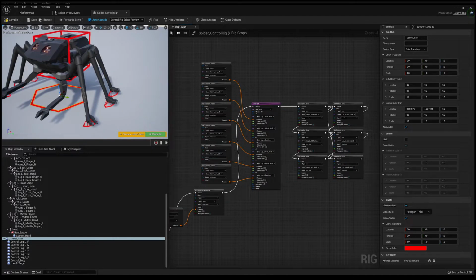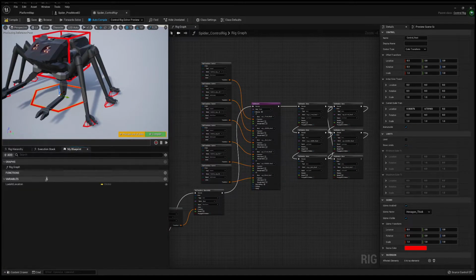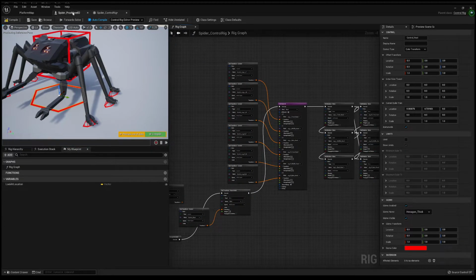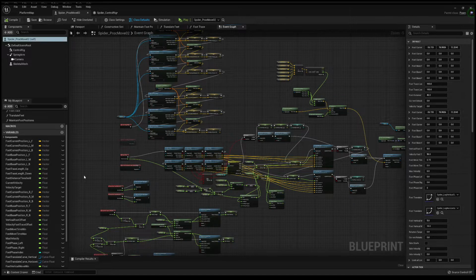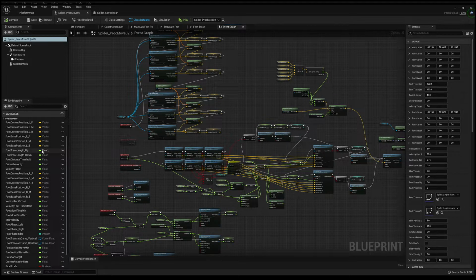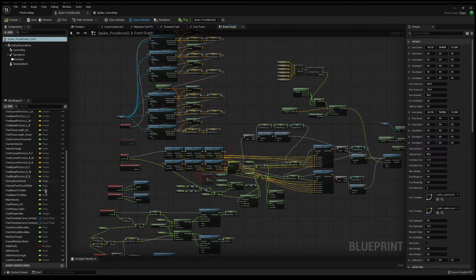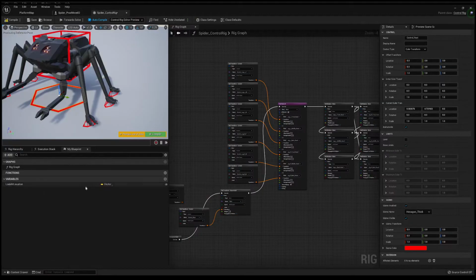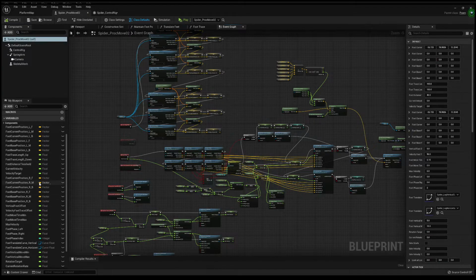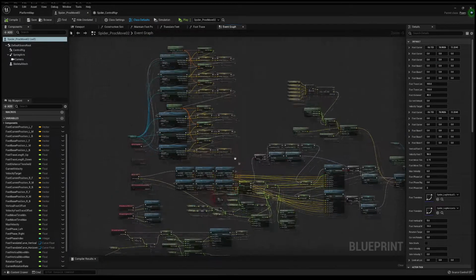So this is the control rig blueprint. It can hold variables and all that stuff, but I haven't really messed with that yet. So I have all of the variables inside the actor blueprint, which I do not recommend. All of these will probably be offloaded to an animation blueprint, so that it's not cluttering up the actual actor, or into the control rig itself, because it can hold variables. But for now it's just stuffed all in here for experimenting and prototyping.